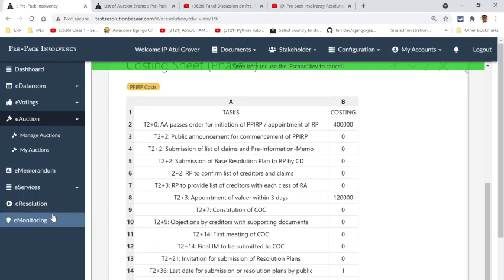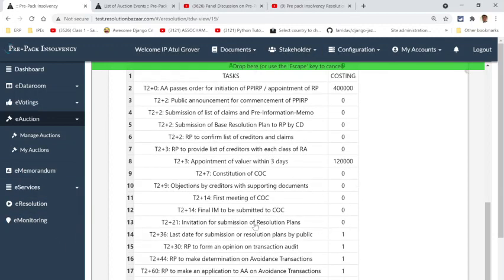So phase 1, we could initiate this whole system for you, and then you can just hand it over to the insolvency professional, who can then hand it over to the resolution professional. All you really have to do is make them users of the section here, and you could give them permissions to do whatever, whether they have admin permission, or staff permission, or user permissions. I haven't added the cost of technology here, which I think I should have right in the beginning itself, but we will discuss that subsequently.